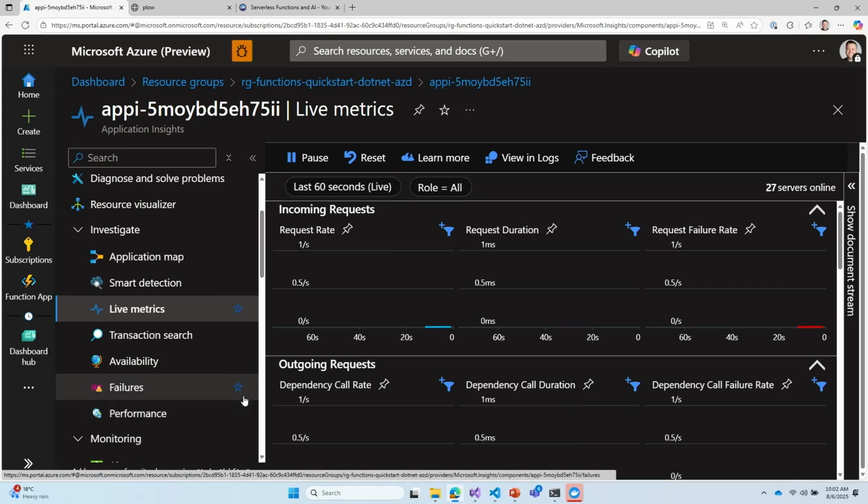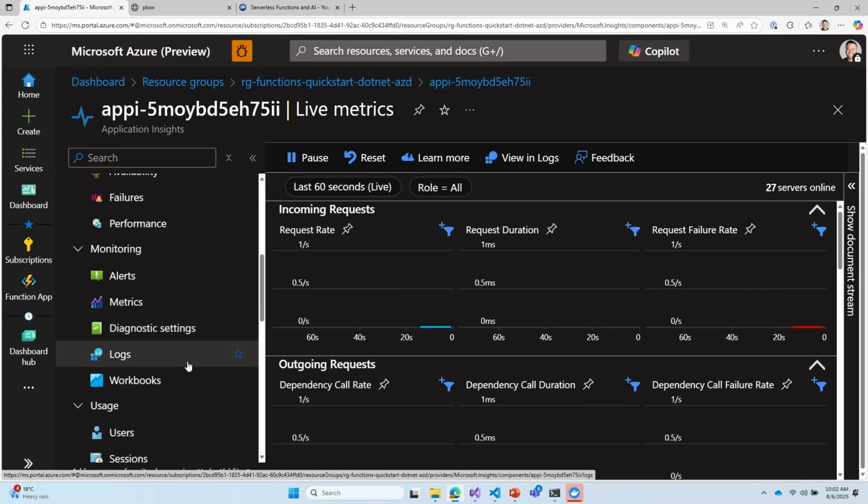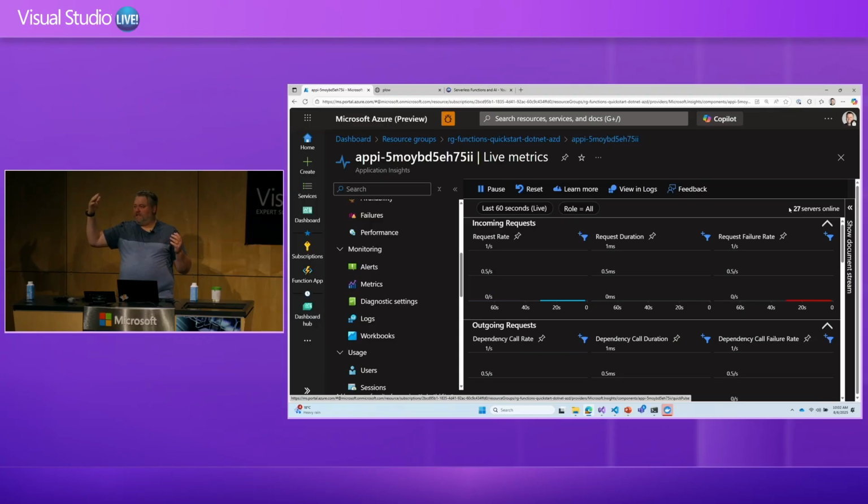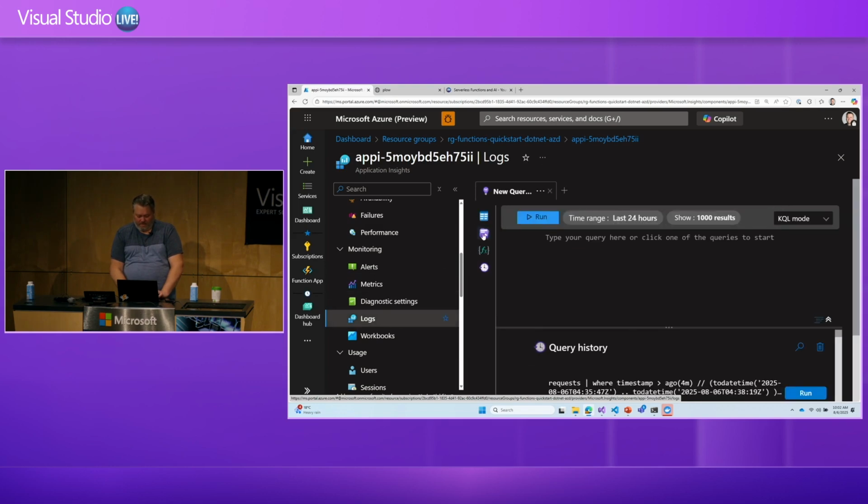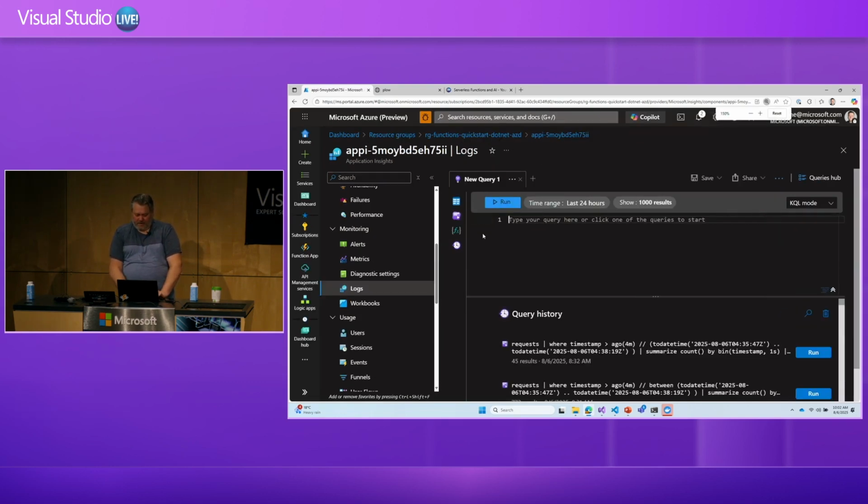And one thing that I like to do, because sometimes this reports more instances than are actively processing your events. Sometimes the platform scales out and in, and the ones that are scaling in are marked to be drained. But while they're draining, they're still emitting logs for App Insights to know about. So you're not paying for them, and they're not actively executing, but they're still reporting to App Insights. So a better view, I believe, is on the logs here.